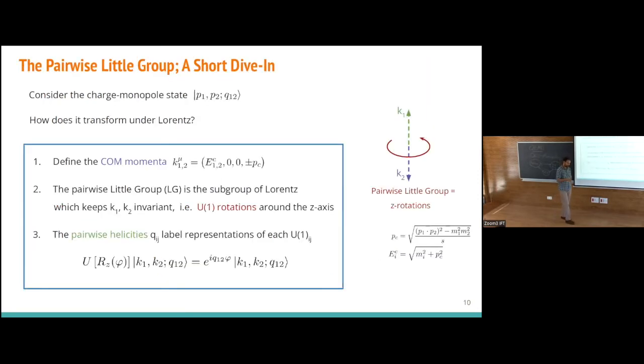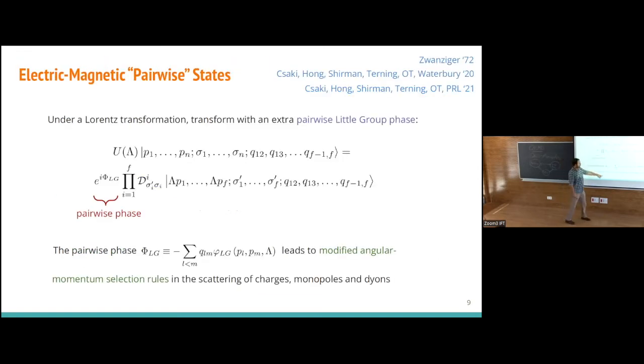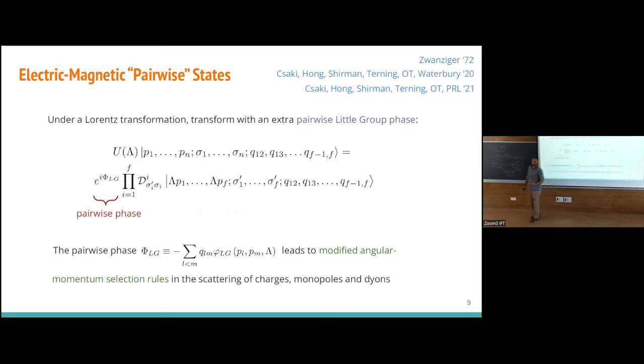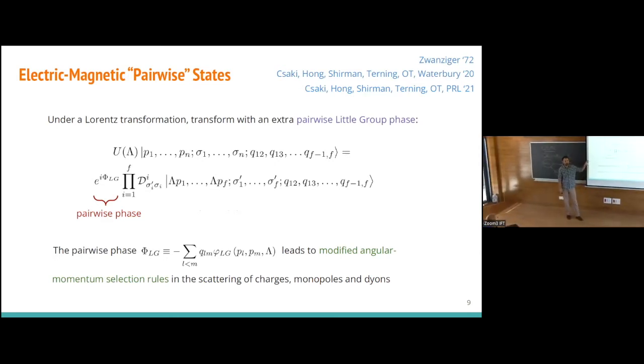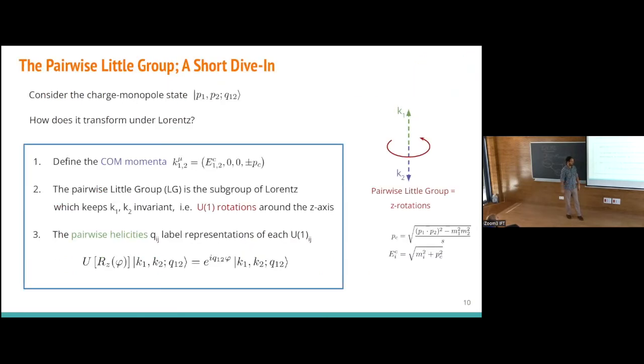So let's dive a little more into how to calculate this phase. And I will do it not just to tire you out, but because later we will show the quantum field theoretic source of this phase. We'll show how to calculate it from soft photons. So it's good to go over the details of how it's derived in group theory.